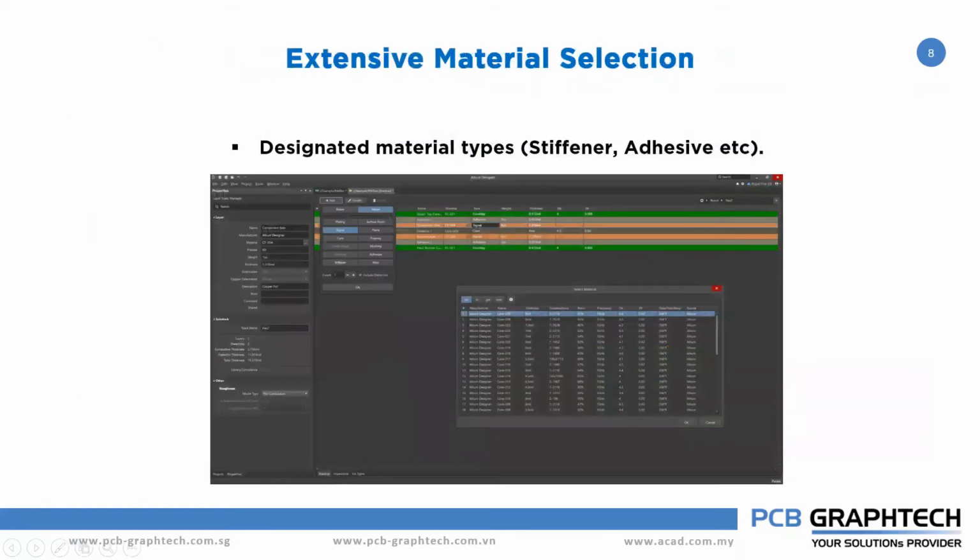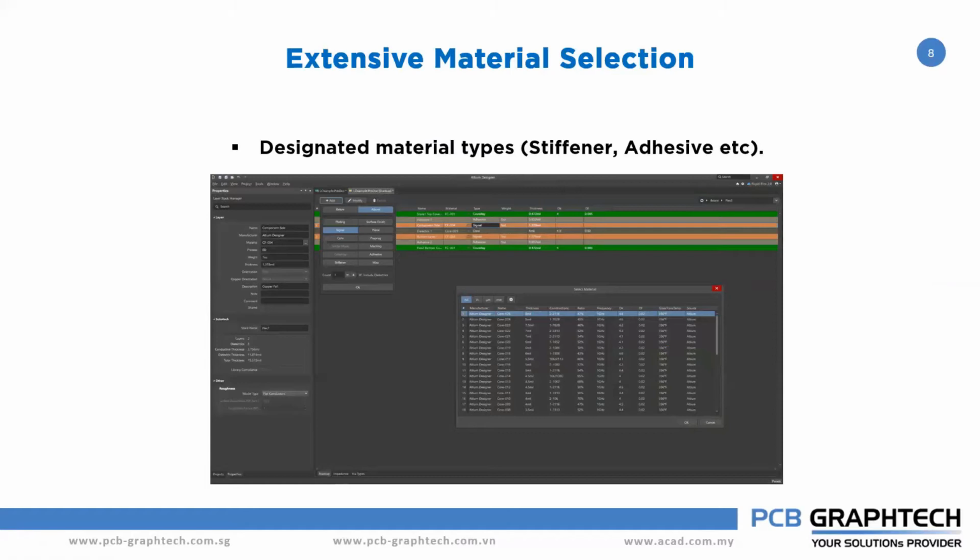Then based on the layer stack manager, when we define your rigid region and the flex region, each has an individual stack up. So now the new feature is we can add the stiffener layer along with your rigid region. Also you can add your adhesive layers to the flex stack up.